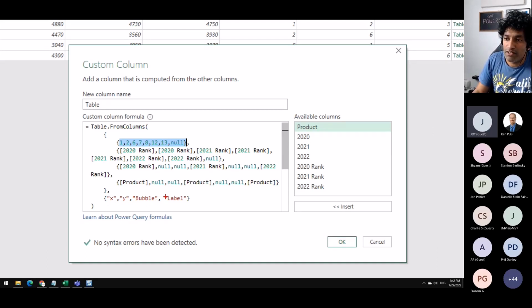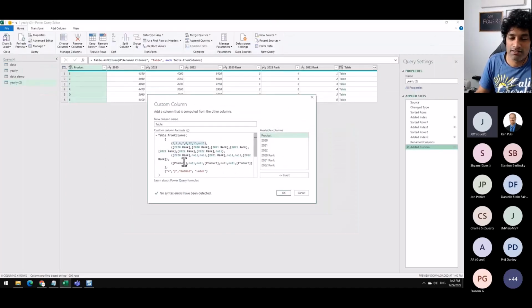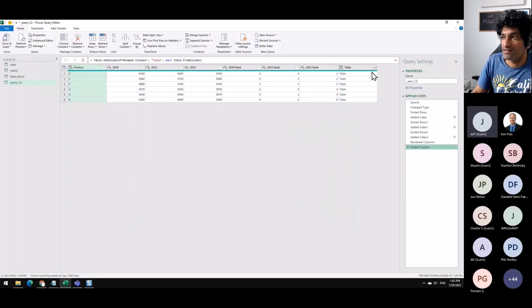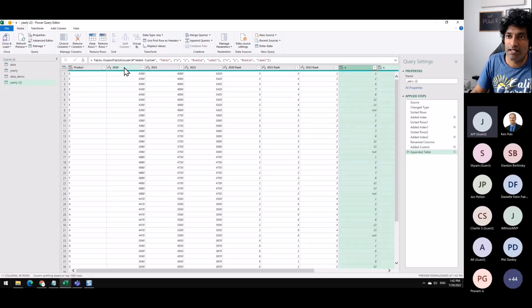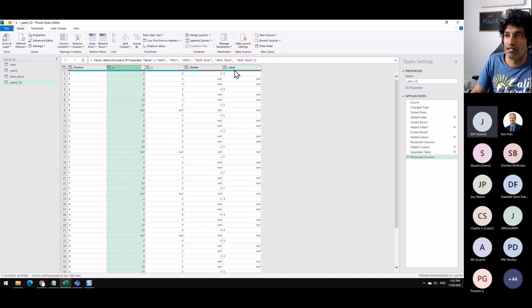And you might think, oh, what is the point of bubble? This is because I also wanted to show a small circle where the points are going from one rank to another, and then print the product name inside using labels. So that's where I have got an extra series called bubble and label that will help me with that. Basically just using the product name. So once this table is there, we can expand it and we will have that. And again, same as earlier, we don't need the original columns anymore. I can remove all of those, and I have got X, Y, bubble and label.